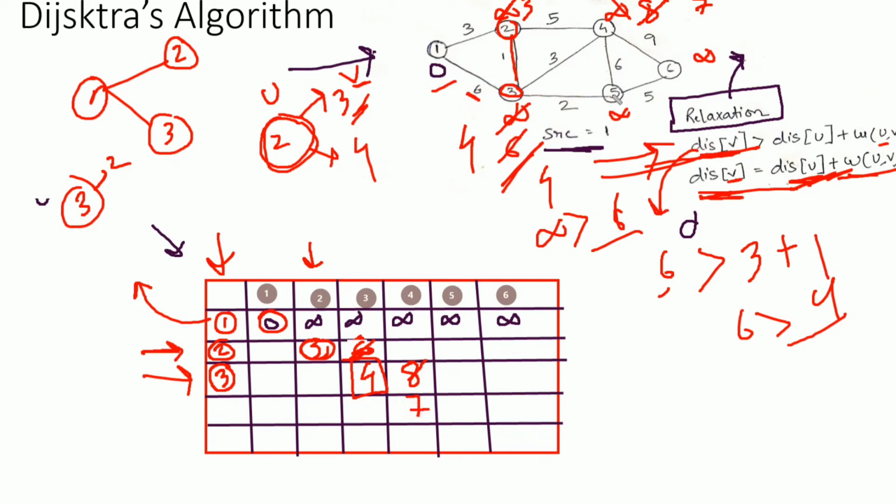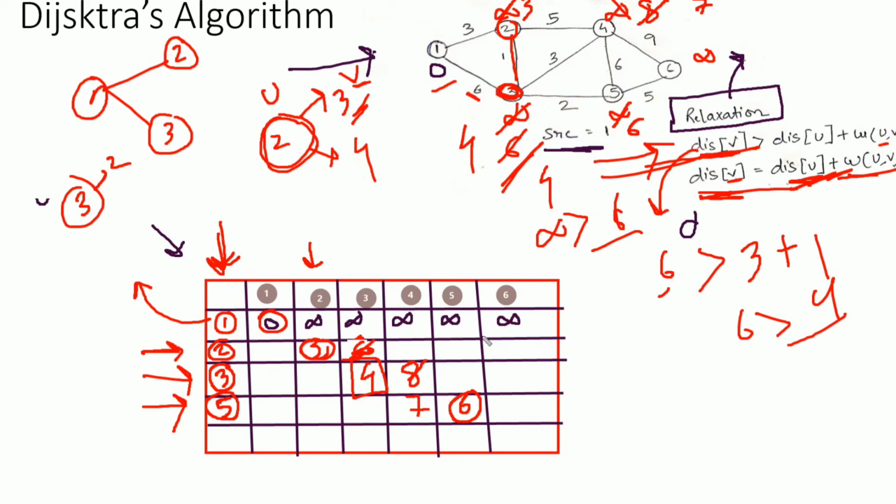Now from vertex 3 we can traverse to vertex 5. The distance value of vertex 3 is 4, so 4 plus 2 is 6, and 6 is less than infinity. So I'll update it from infinity to 6. Now I have iterated all its adjacent vertices, 4 and 5. In the next row I'll select the minimum value, which is vertex 5. I'll include vertex 5 in my shortest path set. An included vertex in the shortest path set will not be visited again.